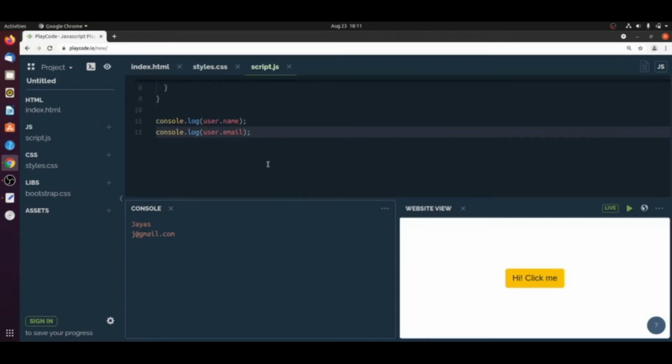So how can we do that? I am removing this console.log.